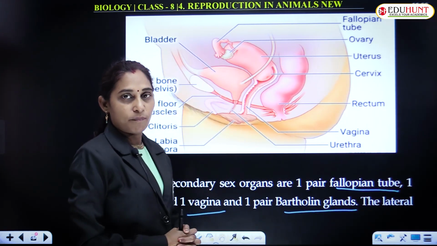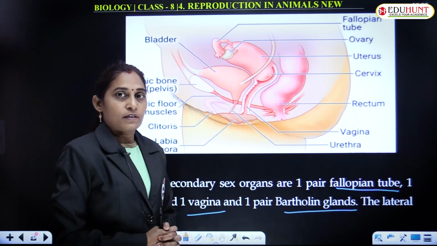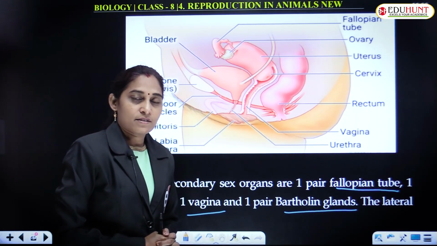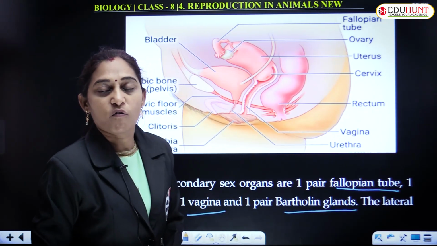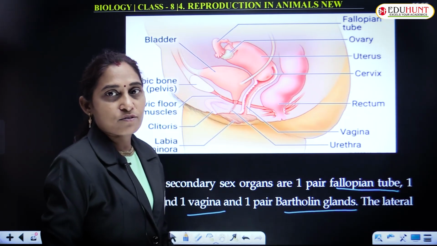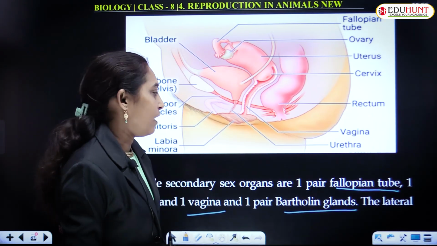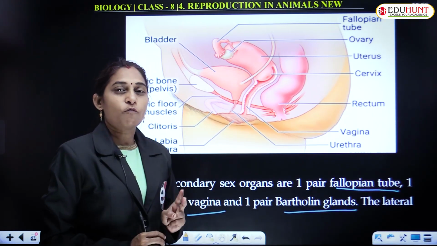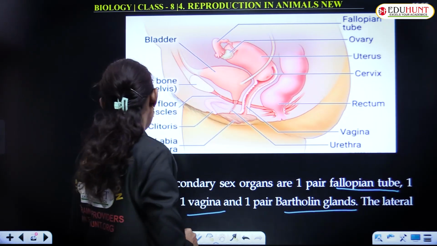The primary sex organ is a pair of ovaries. Secondary sex organs are the fallopian tubes, 2 fallopian tubes which are connected to the